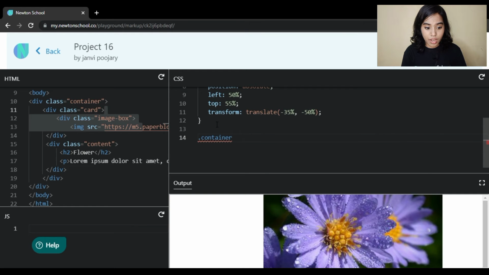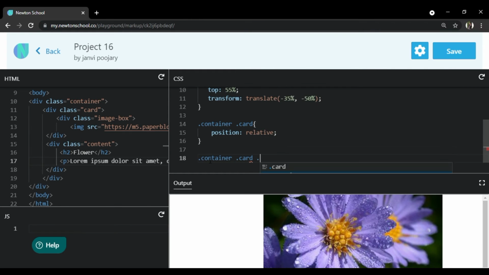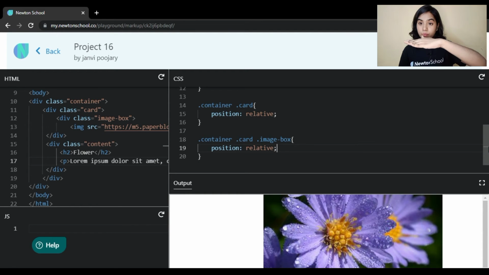Now we have to target our container card. There we will write position as relative, because we don't want to remove it entirely. Just move it up, but not actually leave its place. That is why we say position relative.